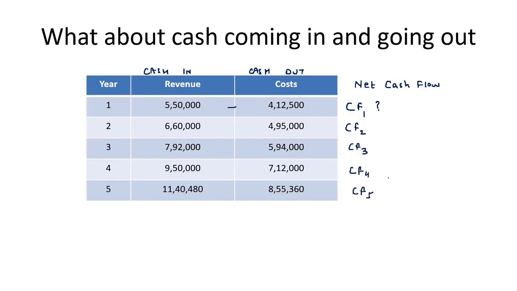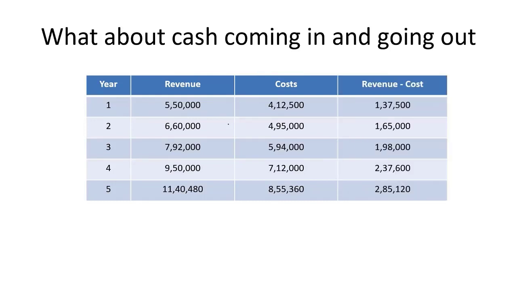So all these numbers indicate what is the net cash flow, that is what you have earned and what you have paid out, what is left with you at the end of this cycle. So here we have that number, that is the net cash flow number. So I'll just write it down, it's net cash flow. So this is for CF1, CF2, CF3, CF4,